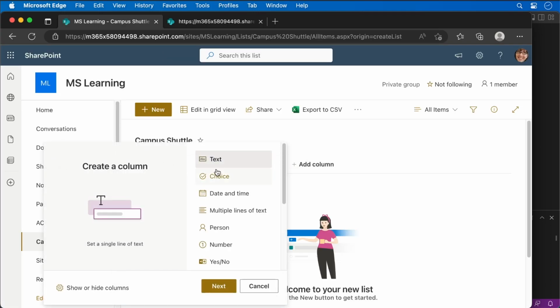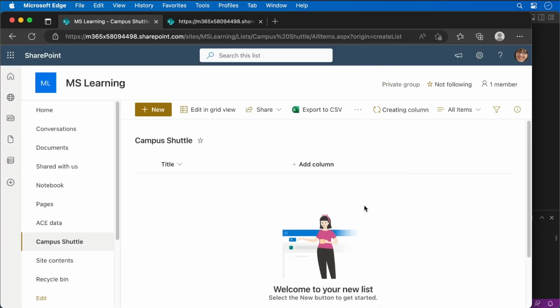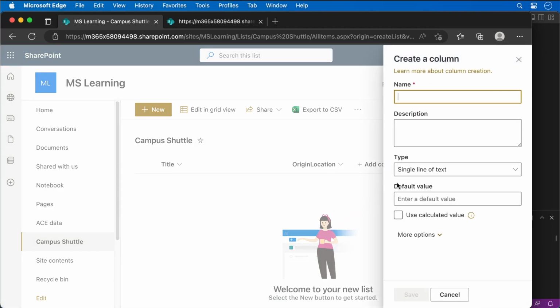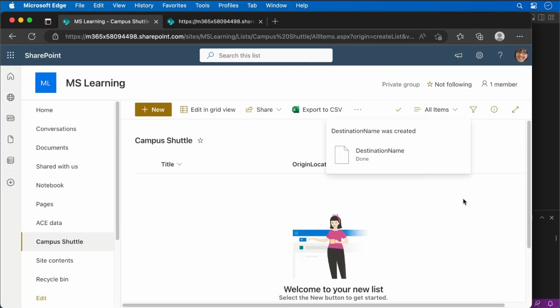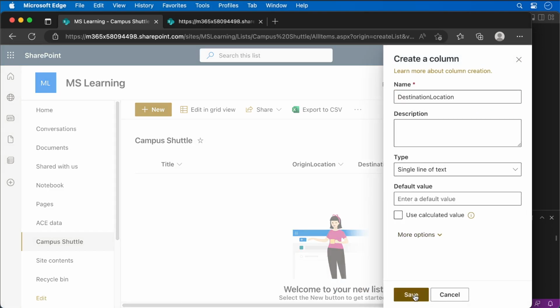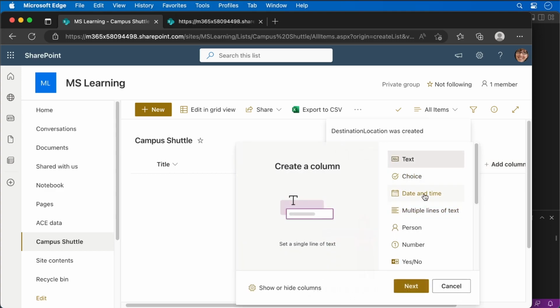So I'm going to add a column for my origin location. I'll save it. I will add in another one called destination location. Actually, we'll call this one destination name. And I'll create another one for the location. And then I'll create another one for choice,